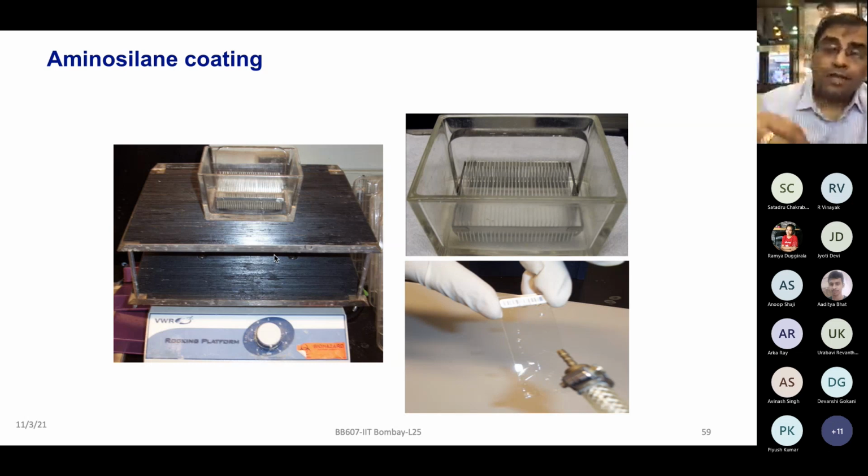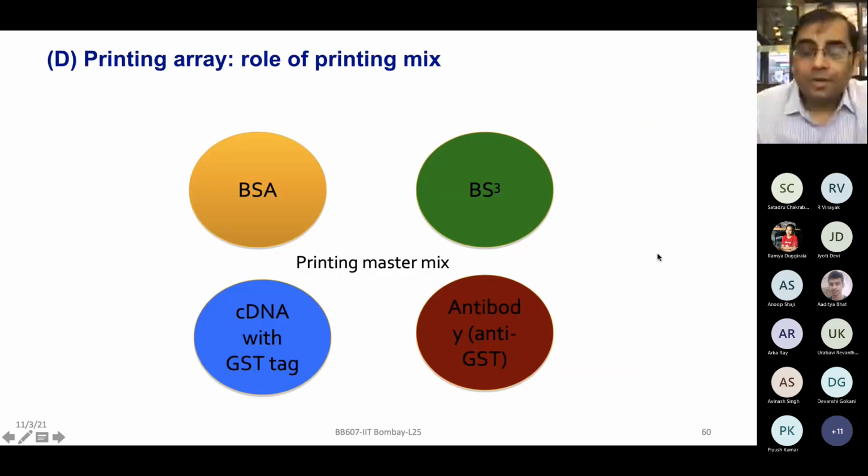You simply wash them off with acetone. Just move this particular assembly to the next tank, which contains only acetone, and then you wash off each one of these slides and dry them up. If you were to make them yourself, you're hardly spending maybe 1.5 to 2 hours to make 30 slides functionalized with the aminosilane chemistry. If you were to buy this commercially, it will cost you $100 something per slide. All they are doing is a simple reaction: add aminosilane and acetone, dip the slides uniformly, wash them off, and then dry them up. That's all, right? But if you know it and you can do it, you don't have to rely on the commercial makes too much.